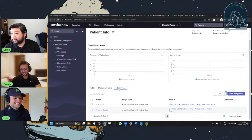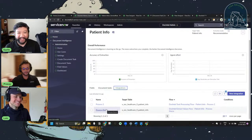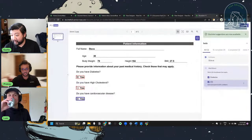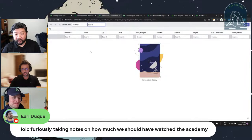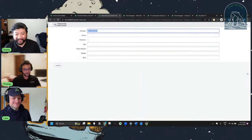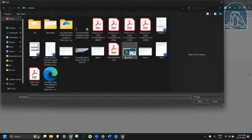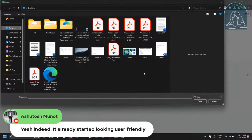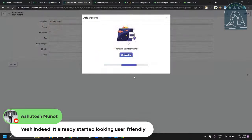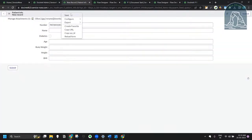So, all right, let's get back here. We have both the flows, the process docs and process 2, funny names. Now I'm going to go into our patient info, this is our new record, and I'm going to attach a file from the desktop. We'll use Olive. So I have done that. Now when I submit it,